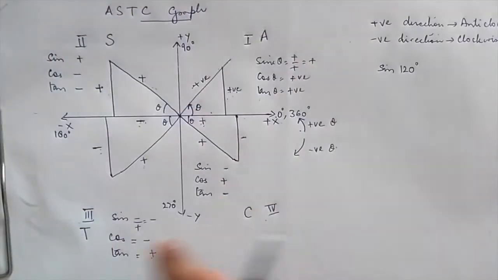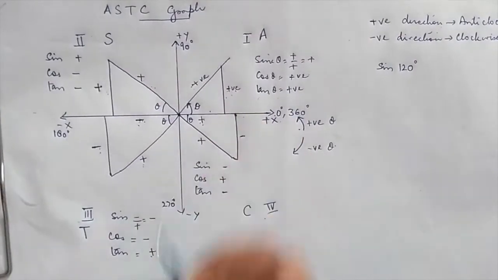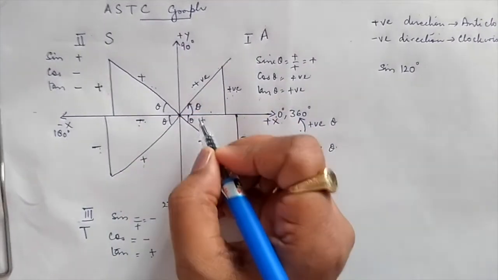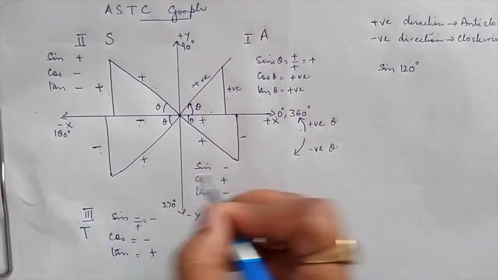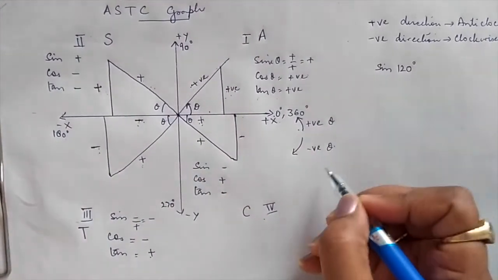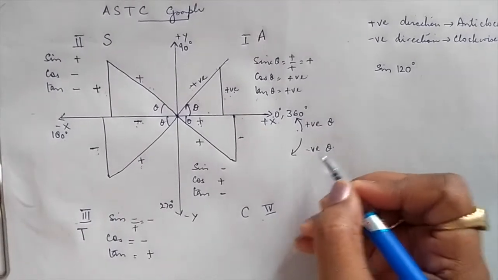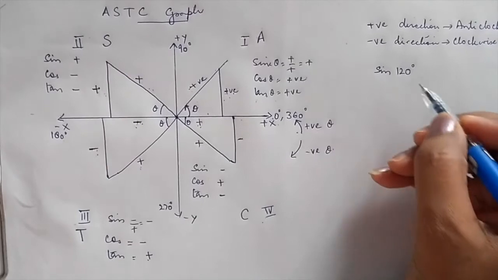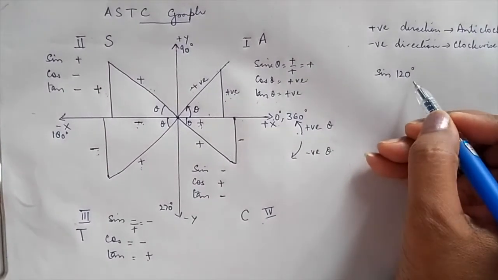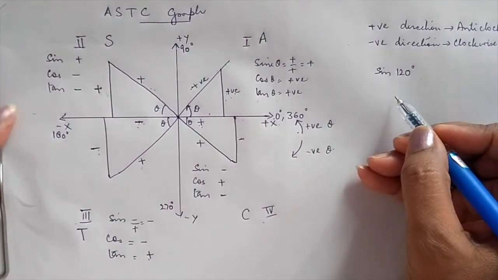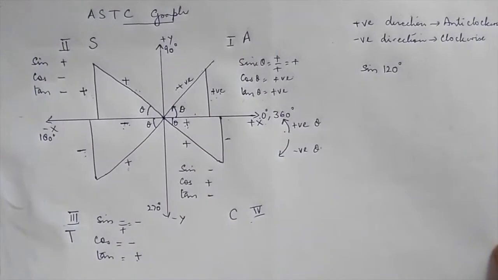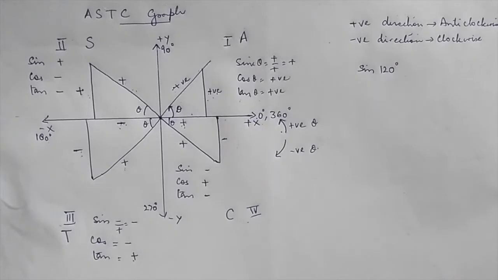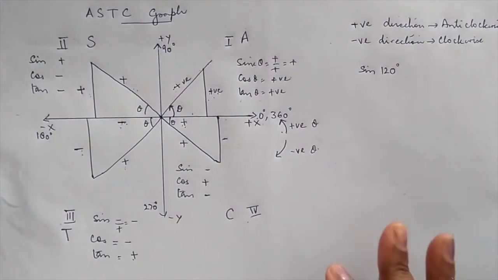and if it is further, then you keep on going round and round about this point over here. So you could go in this direction also, you could go in this direction also. That is why you need to remember that there are two directions of measuring the angle in trigonometry. Now another thing, when I say sine 120, you should remember that in your standard values you did not have the value of 120 degree. You just had 0 degree, 30 degree, 45 degree, 60 degree and 90 degree.